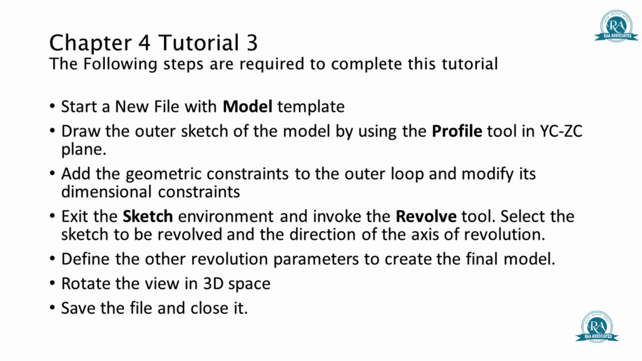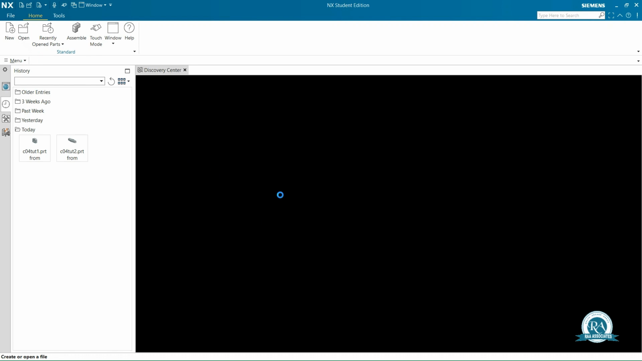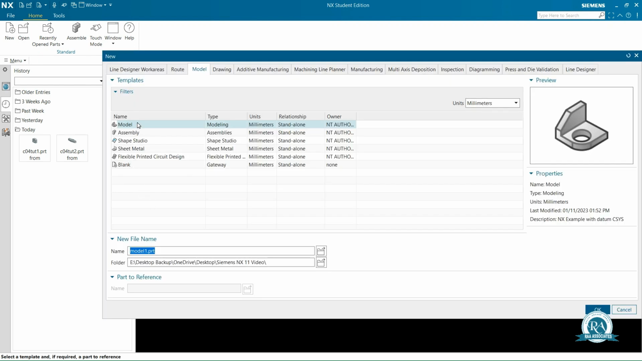Chapter 4, Tutorial 3. Select the new file, select model template, enter the name c04tut3,